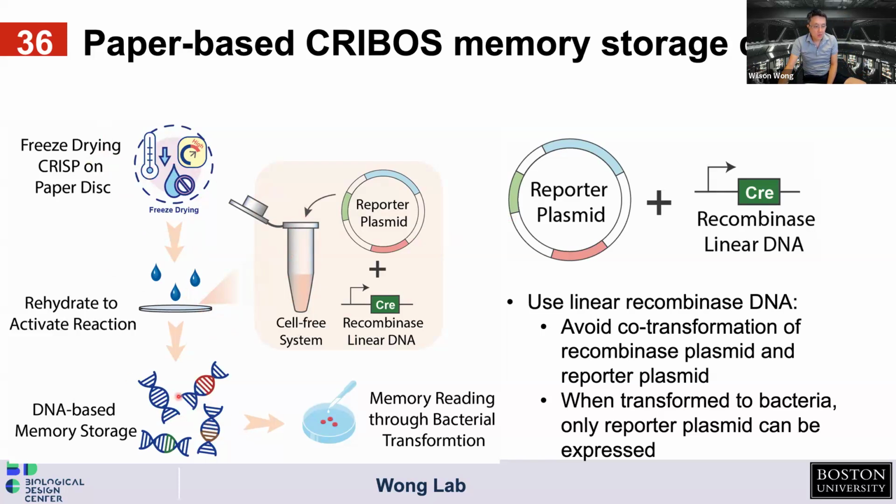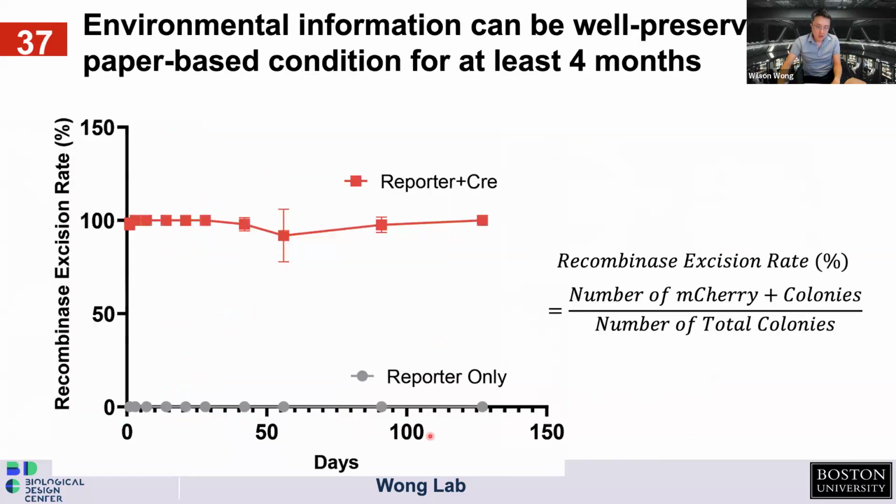And then when you need it, what we end up doing is we elute the DNA out of the paper and then transform it back into bacteria, and then see if it gets modified. We can sequence it. So that's what we did. At first we tested out, we want to see if we have these reporters with Cre in this paper-based format,